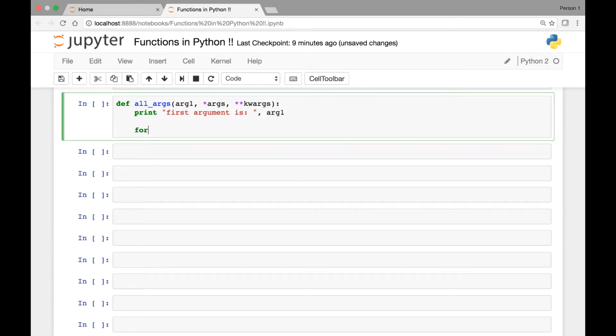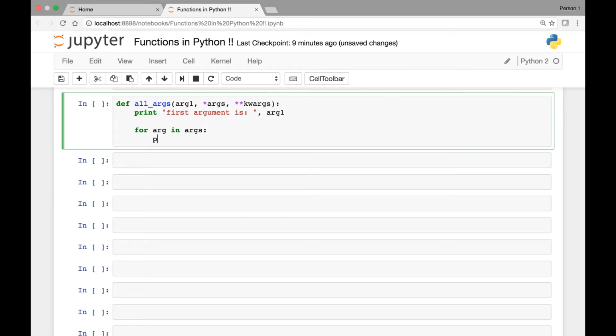Then we can say for arg in args, this is for the non-keyword variable length arguments, we can say print, "here are the non-keyword variable length arguments",